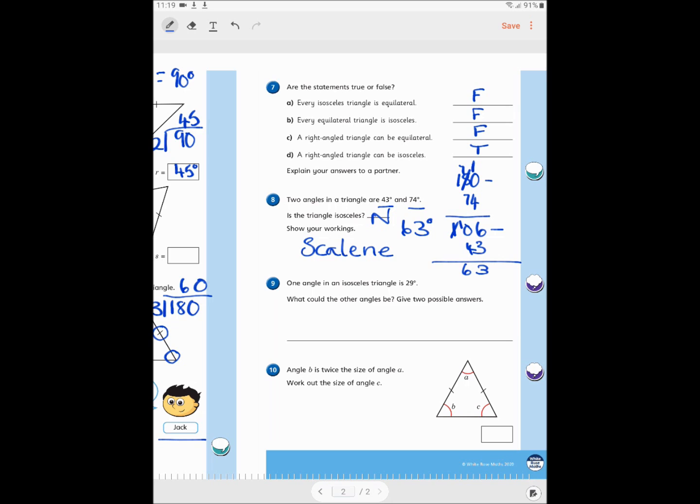Okay, it's got to be scalene, which is where everything is different length sides, different sized angles. Okay, one angle in an isosceles triangle is 29 degrees. What could the other angles be? So basically, you're looking at 2 different types of triangle: one where 29 is the odd one out, and another one where the 29 is used at the bottom. Okay, so if you're thinking about those through, we've got 180, take away 29 would give me